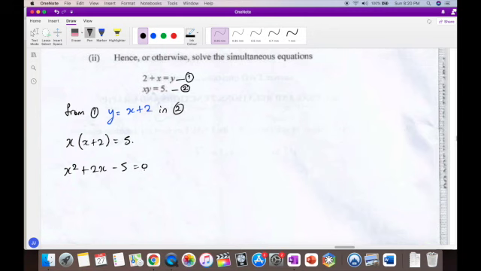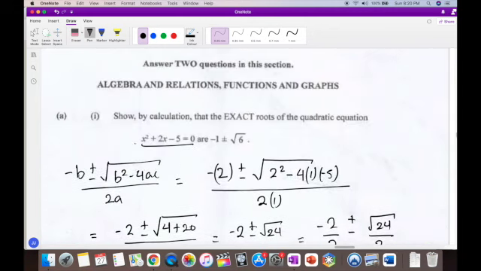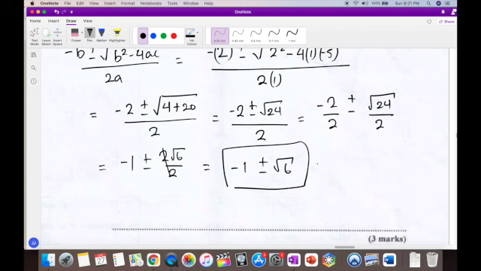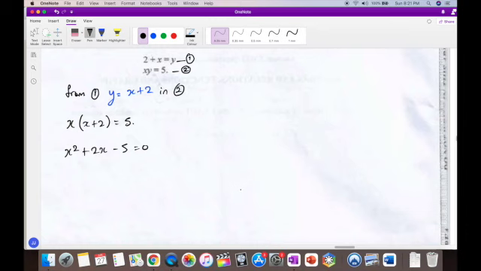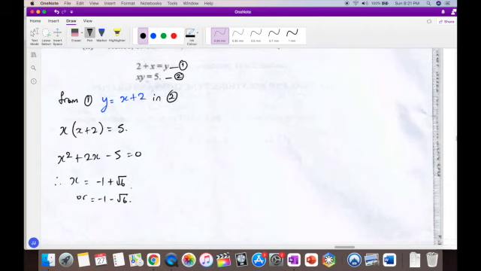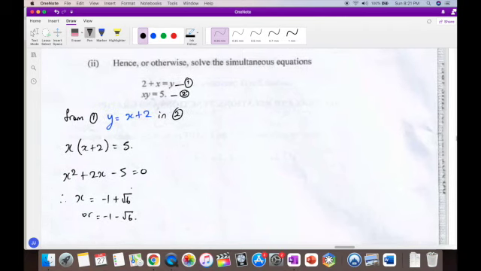And now we could see that this is pretty much the same as this. And so this is the actual answer. X could be, therefore, x is -1 plus the root of 6, or -1 minus the root of 6, right? So now we can actually put this into the equation to solve for y. So therefore,